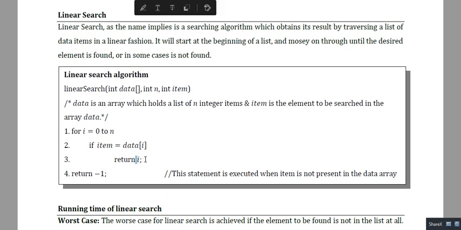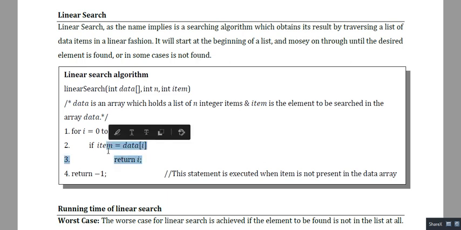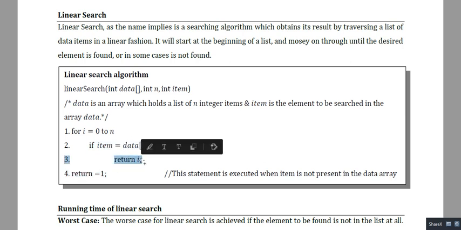Okay, so now assume that this particular item is not present in the list data. So what will happen? This particular condition will never execute, right? So if item equal to data i is never going to be true, then statement 3, return i, is never going to execute, right?